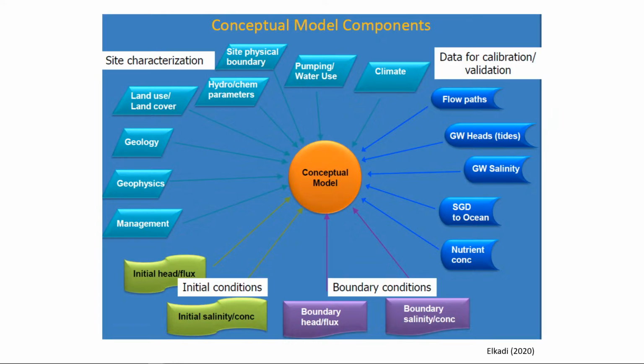I need to know boundary conditions. So what is happening across my boundary? What is the flow rate across my boundary, or what is the head across my boundary, or what is the concentration, or the concentration gradient across my boundary? Things like that, yeah? So you need site characterization, you need initial conditions, you need boundary conditions, and more importantly,